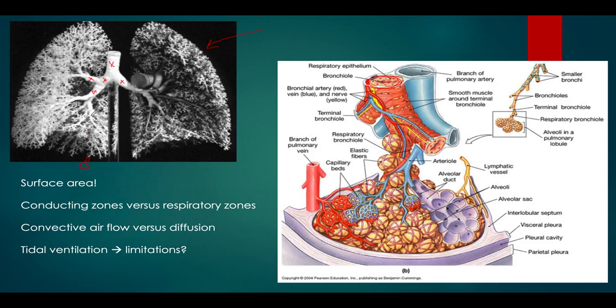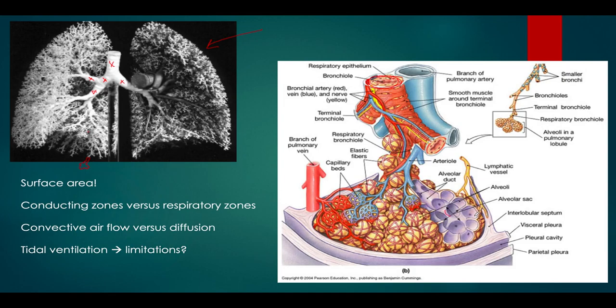So massive branching, the purpose being to lead to 300 million individual alveoli. The number's not important. The magnitude is, right? The reason we need 300 million of them is to generate a surface area that is far bigger than if this were just a bag in the shape of a lung. It would have a surface area 1/1000th of what it actually has. Okay? But through all this branching, we get this enormous number of individual alveoli, each of which is like